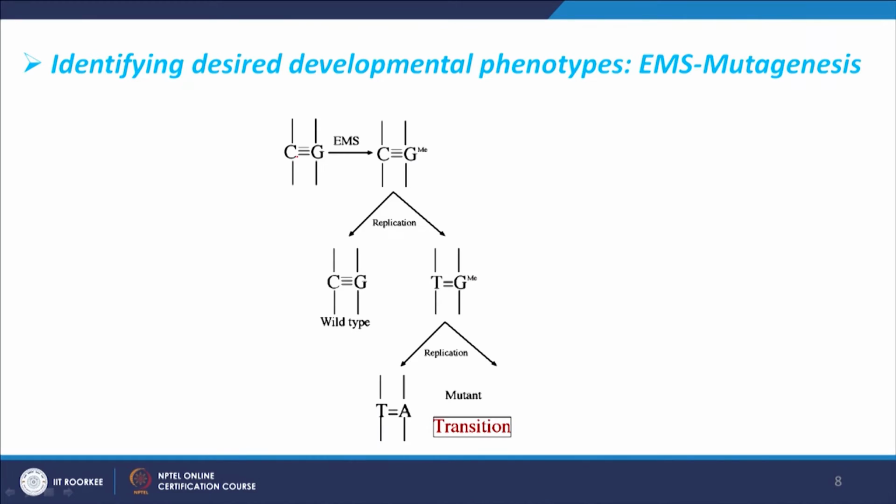Again, if you look at how EMS works, let's assume here is a GC base pair, and if you treat with EMS, it modifies the nucleotide G and adds an ethyl group. Once this modification has occurred, in the next round of replication this modified G cannot pair with C; instead it pairs with T. So now T has been added in place of C in one strand, and once this DNA undergoes the second round of replication, at the place of T, naturally A will be added. So from here to here, there is a transition of a CG base pair to a TA base pair. This is creating a kind of point mutation,